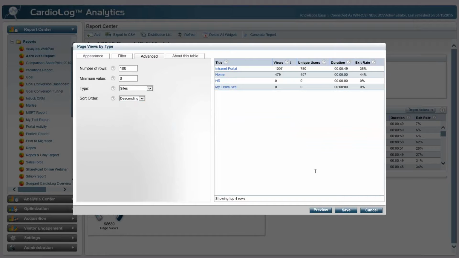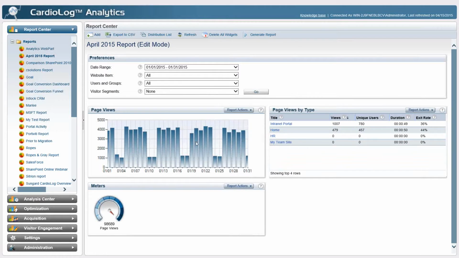Just imagine how much great information we have in our HR site and how much time we're spending building up that site and no one is accessing it. Well, if they don't need that content, let's stop investing so much time in that site. Or maybe they do need it, but they just don't know how to get to it, in which case we'll put a nice big link on the home page of our site to make sure people are aware of how to get to the human resources site. So that's a great example for actionable metrics. Let's save that for now.